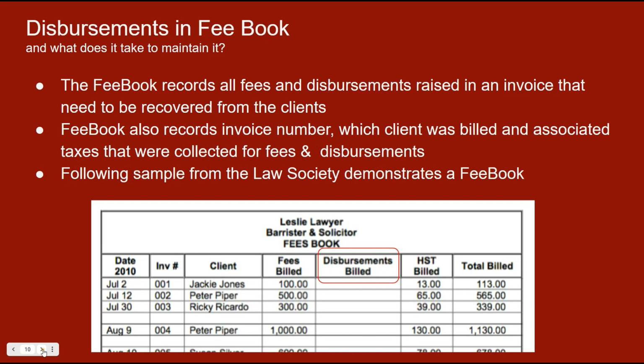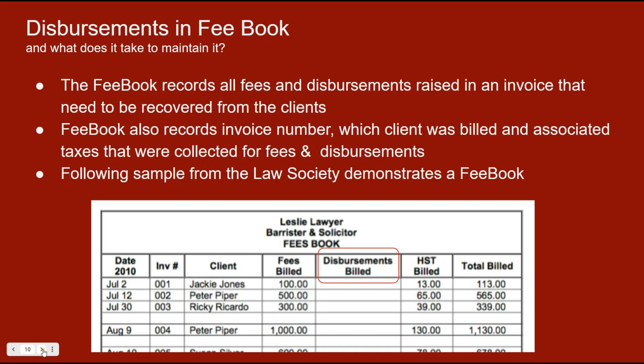And hence it's almost reflective of revenue or fees, let's call it. And hence the fee book pretty much records not just the fees that are involved, not just your legal fees of billable time, the work you've done, but it also includes disbursements that are part of that specific invoice, if any, right?